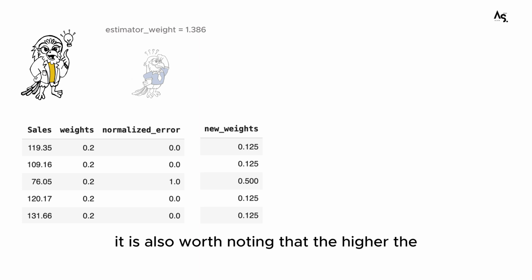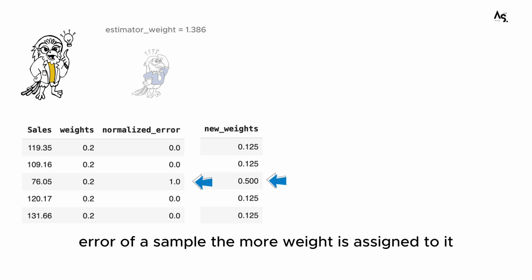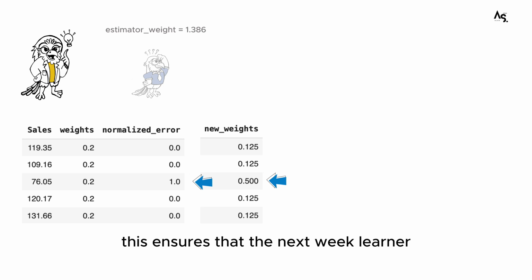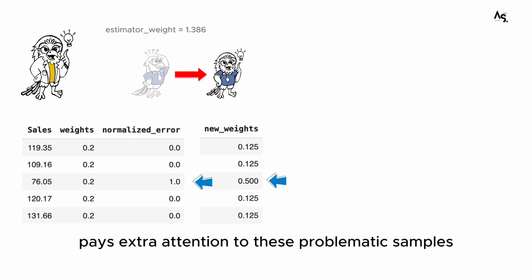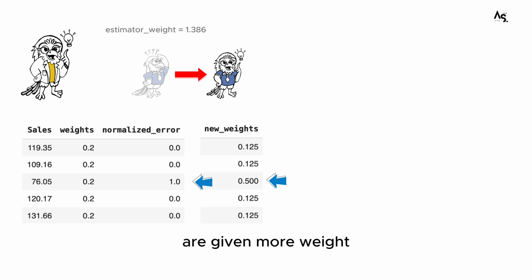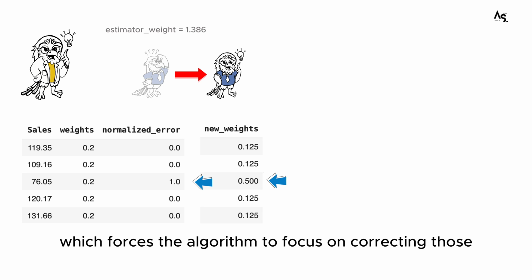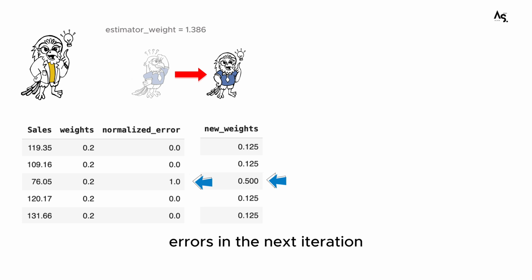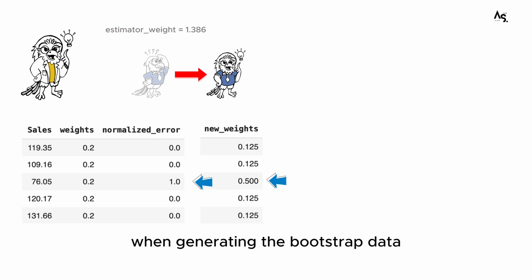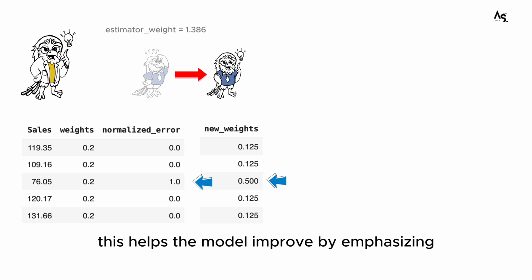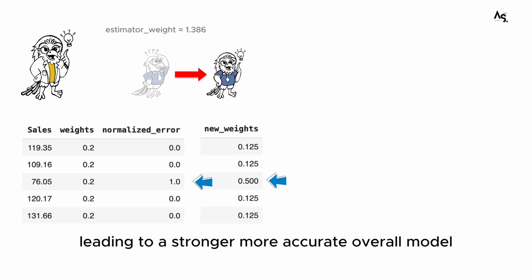It is also worth noting that the higher the error of a sample, the more weight is assigned to it. This ensures that the next weak learner, or detective, pays extra attention to these problematic samples. In AdaBoost, this means that misclassified samples are given more weight, which forces the algorithm to focus on correcting those errors in the next iteration. Essentially, AdaBoost gives more weight to these samples when generating the bootstrap data sample for the next weak learner. This helps the model improve by emphasizing the areas where it previously made mistakes, leading to a stronger, more accurate